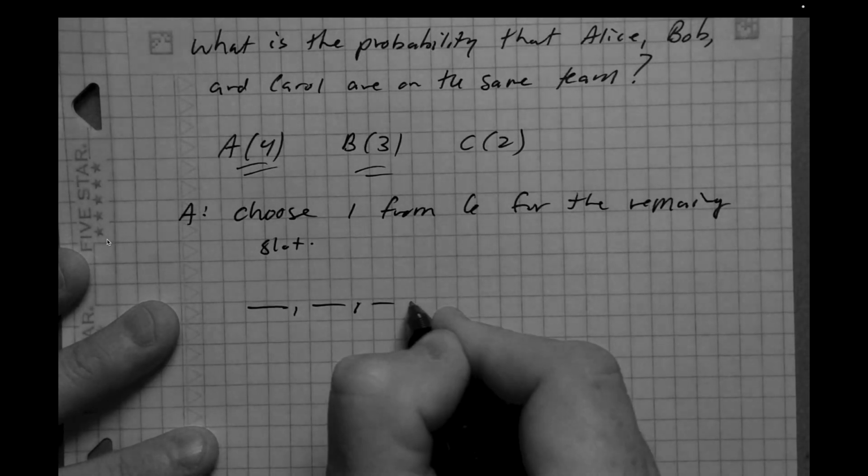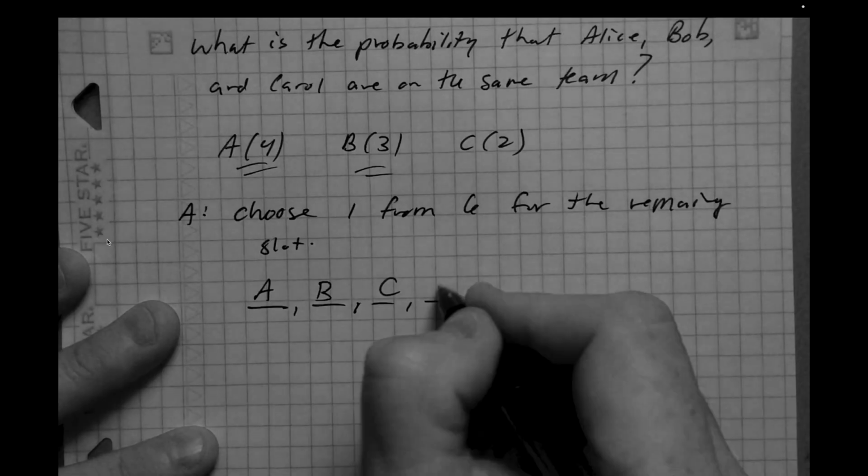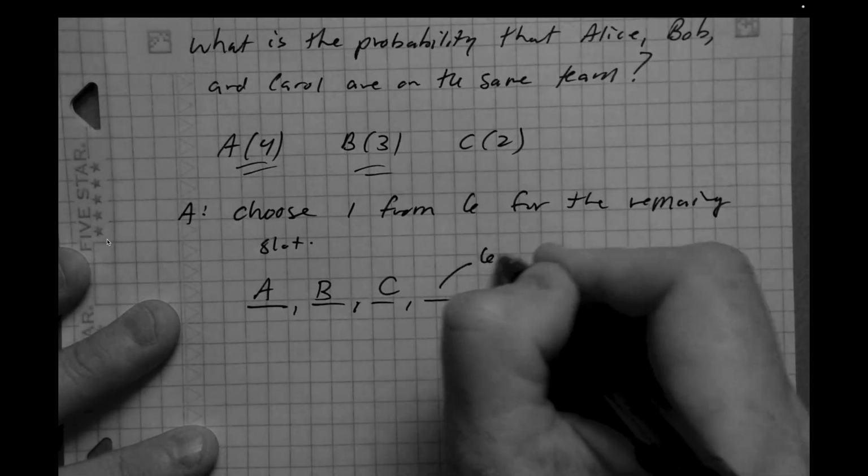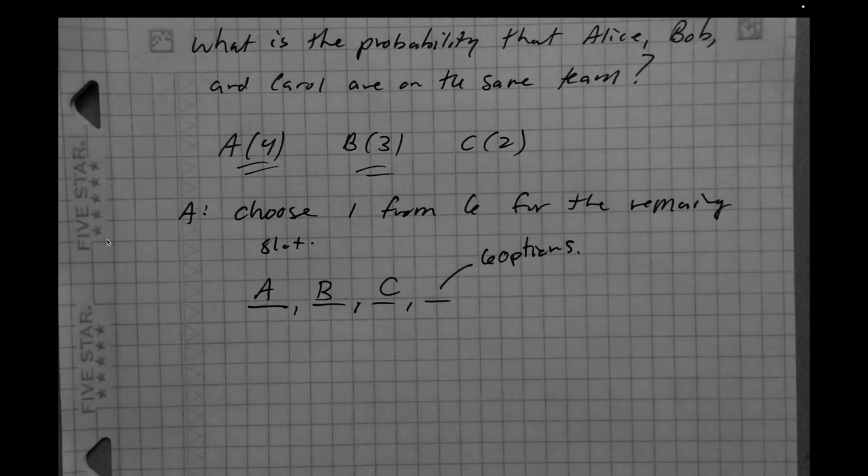I've got 4 slots. I've got Alice here, Bob here, and Carol there, and I've got 6 options for this guy. All right, and so if Bob and Carol and Alice are all on team A, we basically choose the 1 remaining member from the 6 people, and then we split the remaining 5